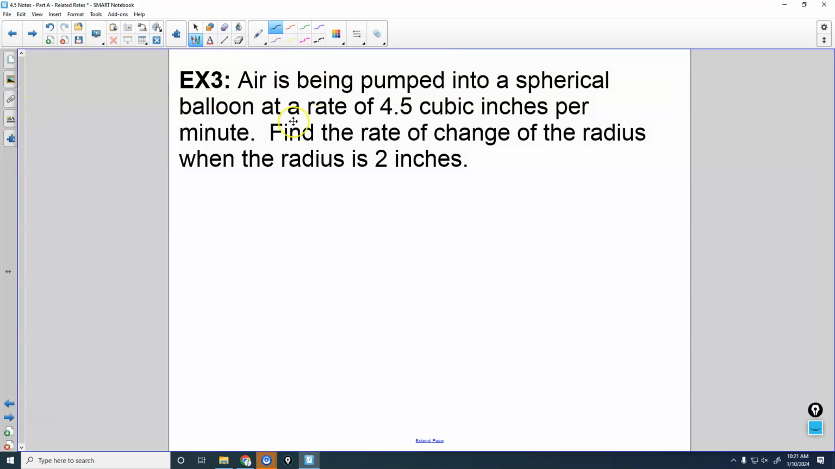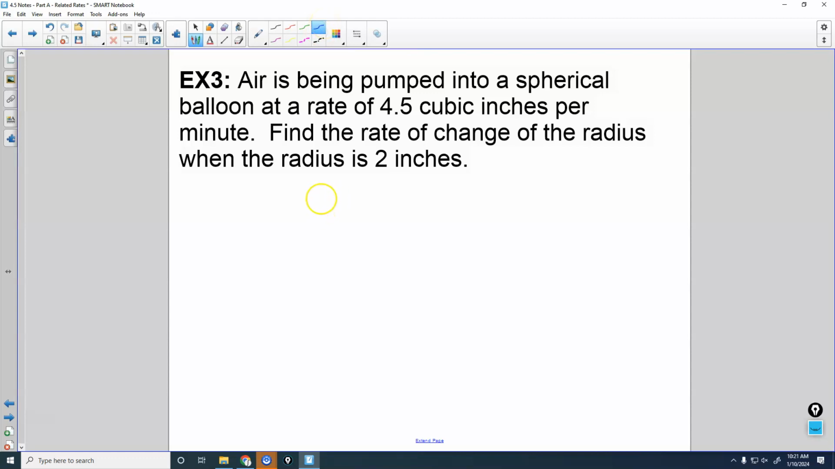Air is being pumped into this balloon at a rate of 4.5 cubic inches per minute. And then we've got what we're looking for, the rate of change of the radius when the radius is 2 inches. So let's think about, first of all, what formula we need for this balloon. We're talking about air being pumped in. It's volume, right? We need volume, and this is a spherical balloon, so we're going to use the volume of a